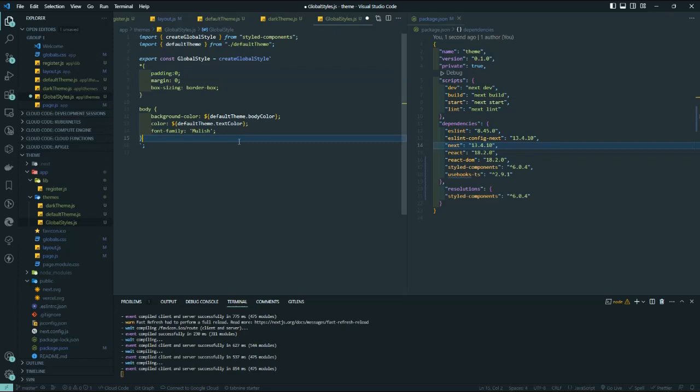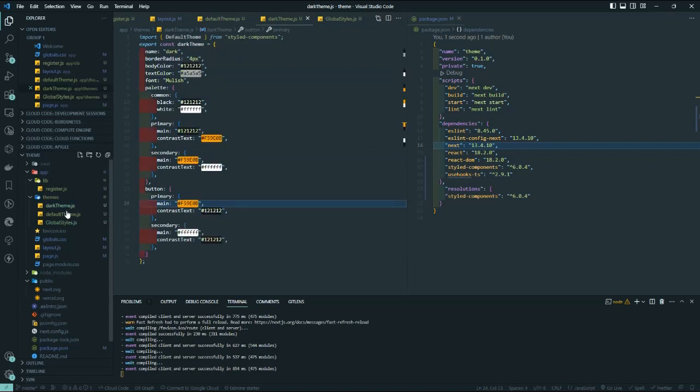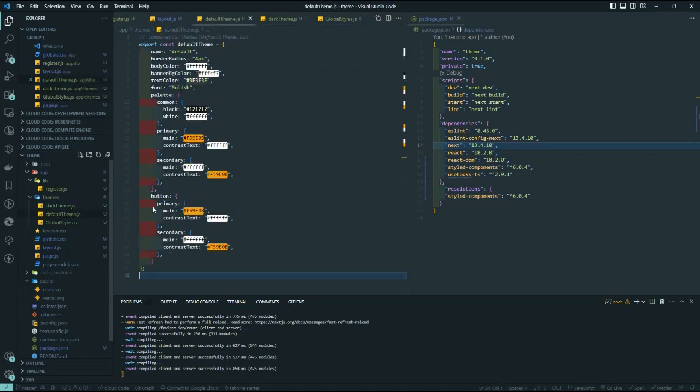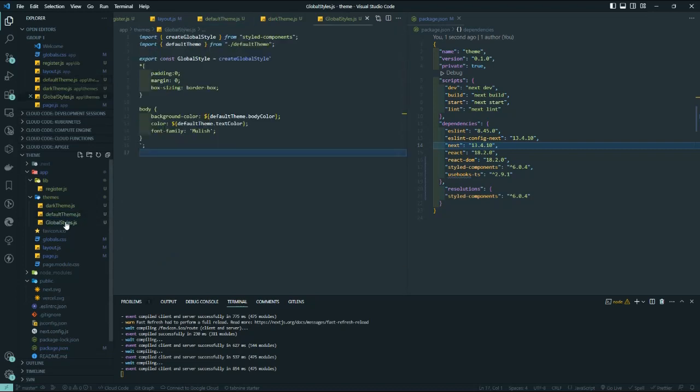So after creating this, now we have our themes ready. We have our dark theme, we have our default theme, which is the light theme, or you can change this to light theme if you want. And we have our global styles. So after doing that, you can come,